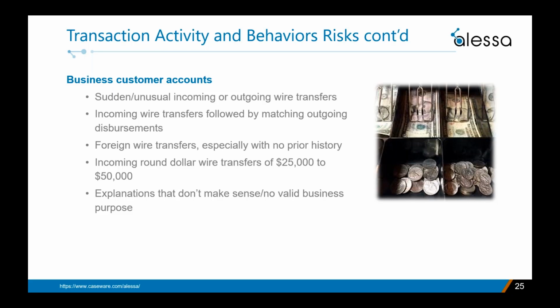And I'll give you a real life example of that. I had a business customer who did a lot of foreign exports of fruits and vegetables through open account trading, so they routinely received wire transfers from all over the world directly into their account. Now, one time, they received a $50,000 even wire transfer from a sender that was a company in the United Kingdom. However, the bank that sent the wire was in Latvia, and the explanation recorded in the wire transfer instructions was, quote, for payment of Sony home theater system, model number something, something, something.